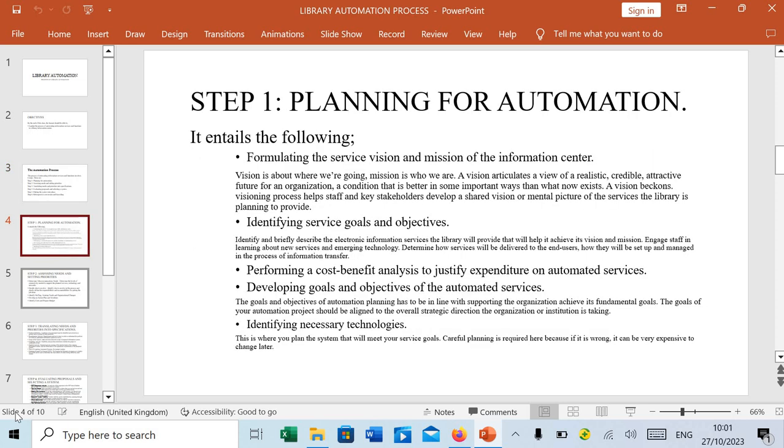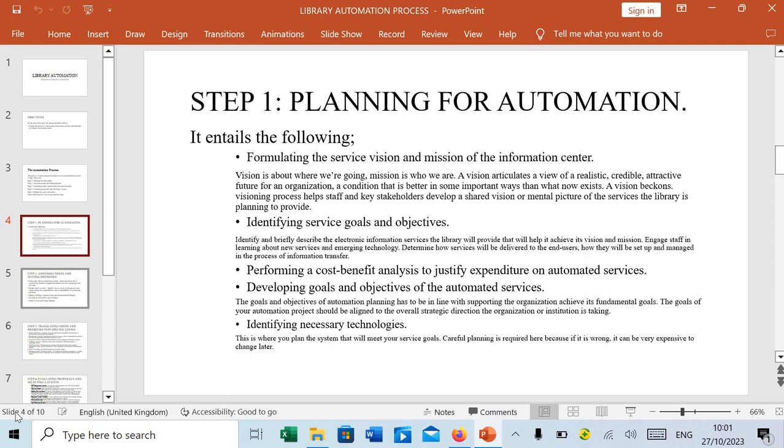So we want to go step by step to see what each step entails. Step 1, which I talked about earlier, is planning for automation, whereby you're supposed to have the vision and the mission of the information center. Remember, each and every automation process must adhere to the vision and the mission of the organization, so that you don't deviate from their mission,